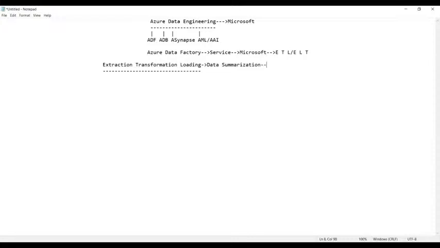The next process after extraction is loading, not transformation. Extract and load first, then transform it later.